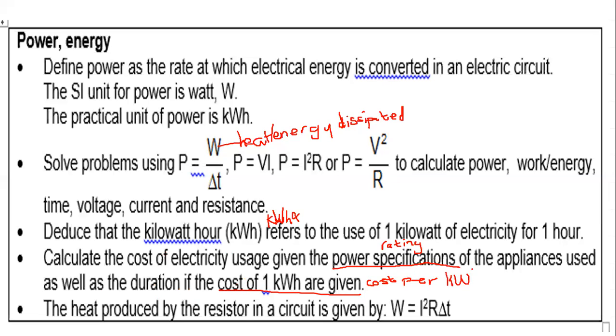Remember that, my dear learners. And then the heat produced by the resistor in a circuit is given by W is equal to I squared R multiplied by delta T. Remember, my dear learners,